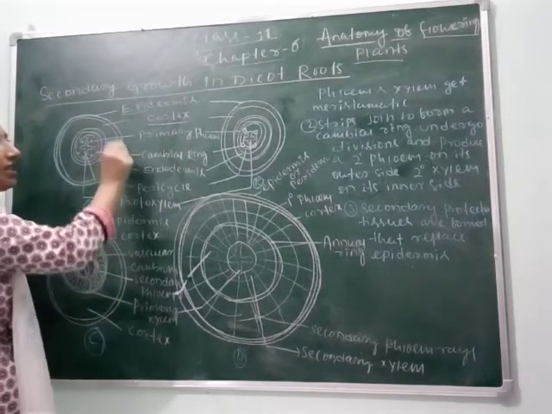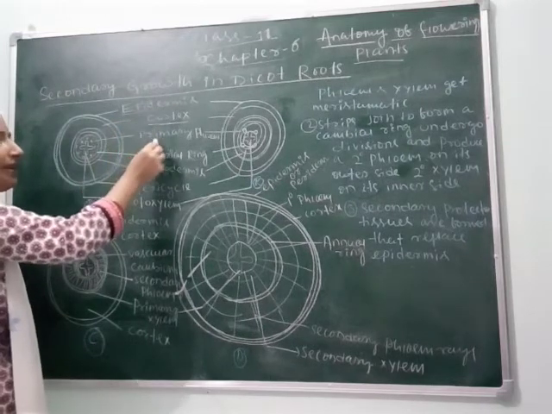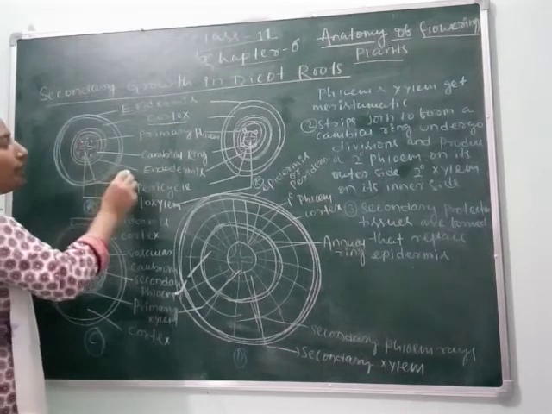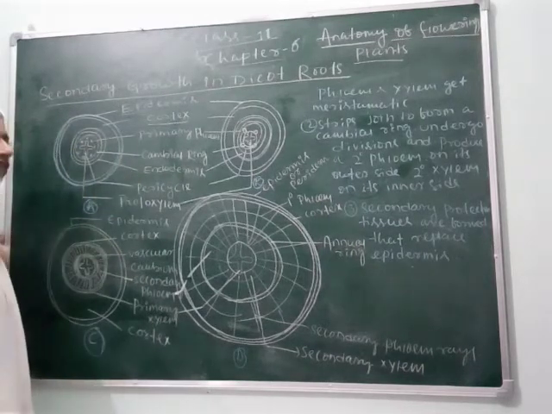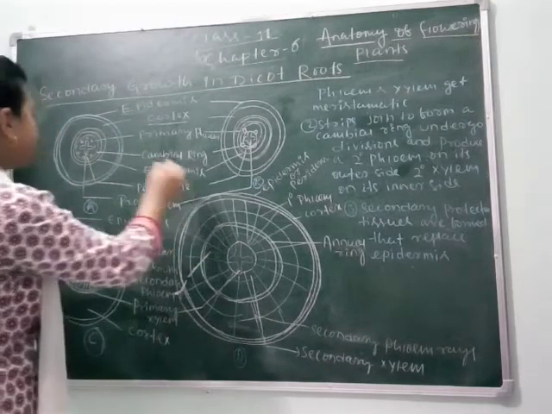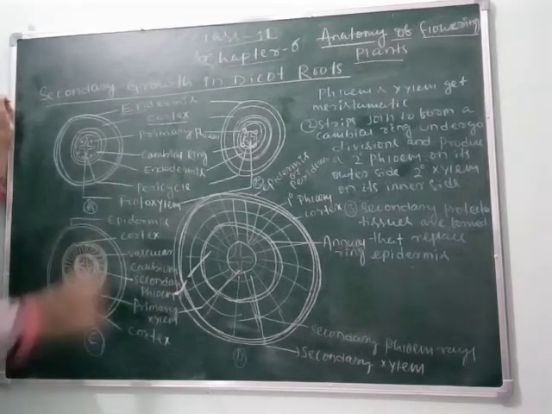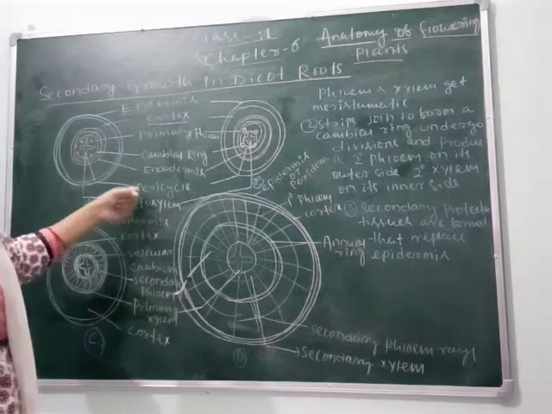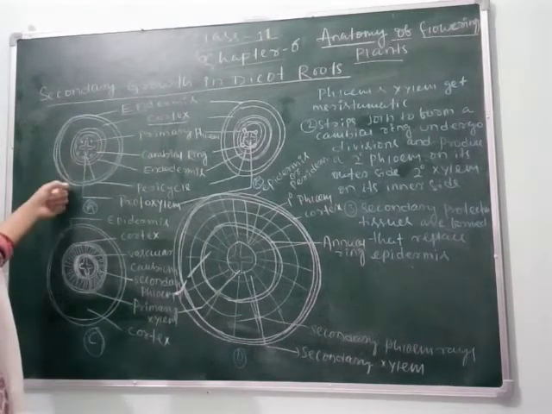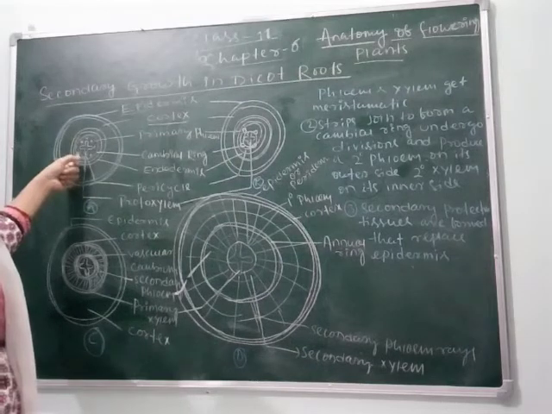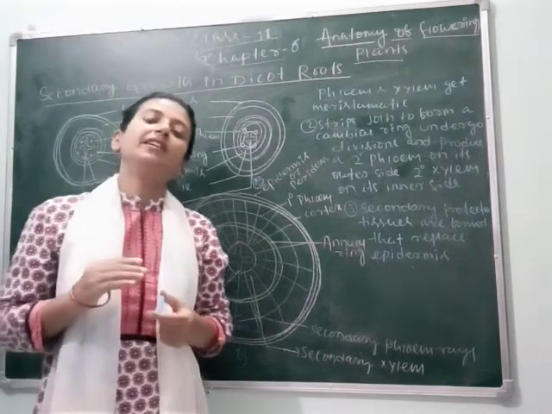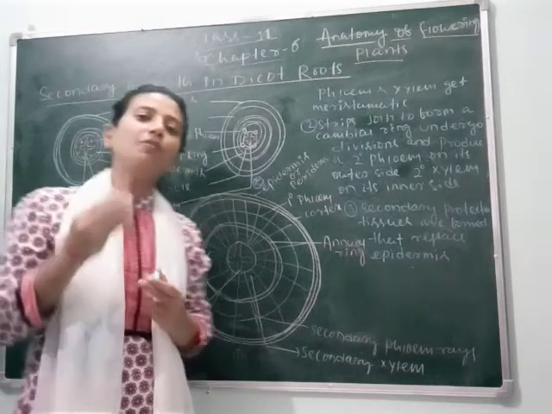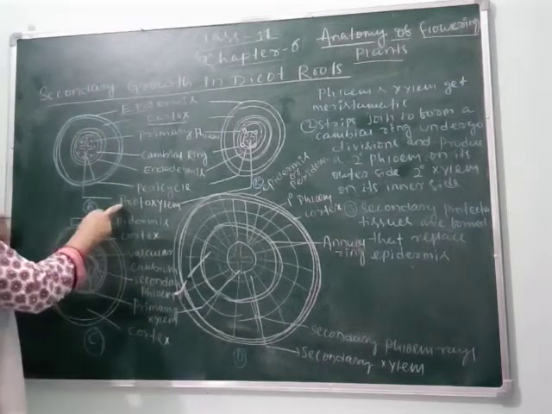So in the first sequence we can see epidermis, cortex, primary phloem, cambial ring which is formed between the xylem and phloem, then endodermis. As we know, this is the inner layer of the cortex. Next, this part is called pericycle, and inside the pericycle pith is present, but here we can't see the pith. We can see the pericycle inside which xylem is present, that is called protoxylem. As we know, protoxylem is initially formed, and when meristematic activity occurs in protoxylem, it is converted into metaxylem. So here this is protoxylem.